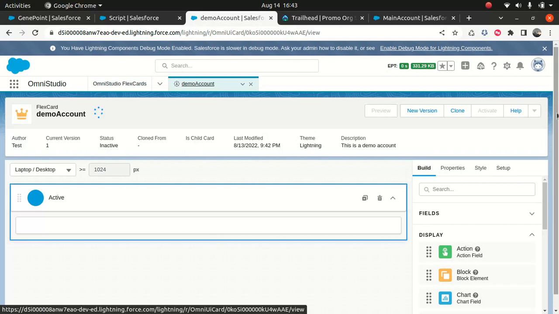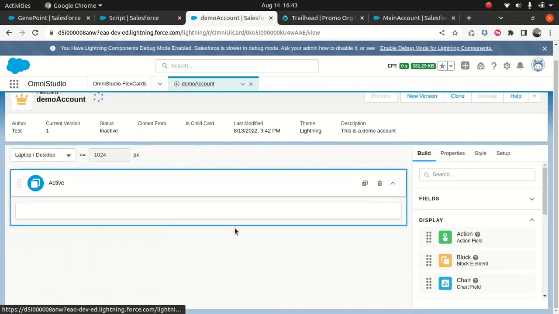All right, so this is how you see the screen. Now, a few things I just want to walk you through, which is pretty interesting. If you remember what I mentioned, FlexCard is not for any kind of user interaction. It's only for viewing the information. So you cannot do anything where you expect the user to enter some data. There is no user input in this case. So this is a pretty blank canvas. So this is inactive,